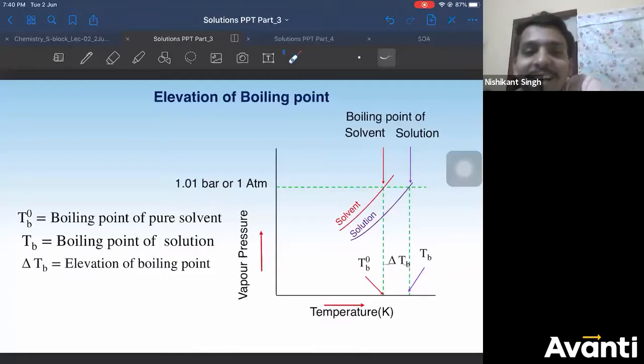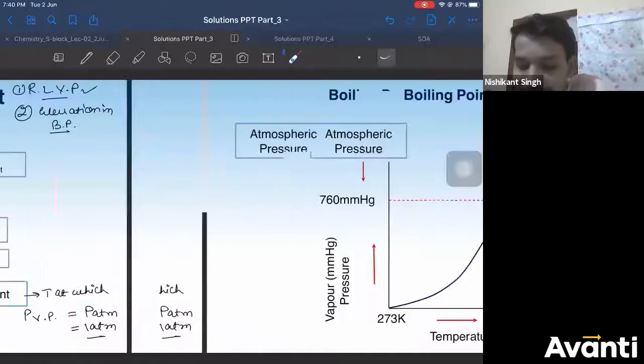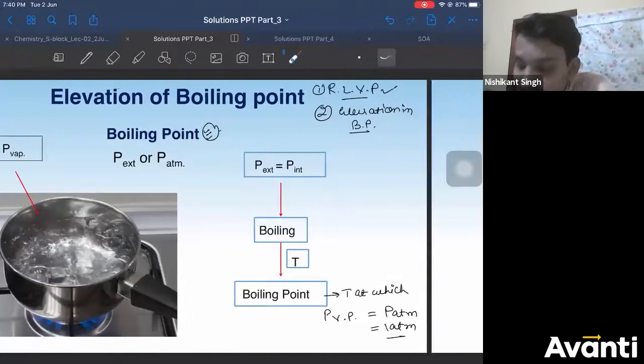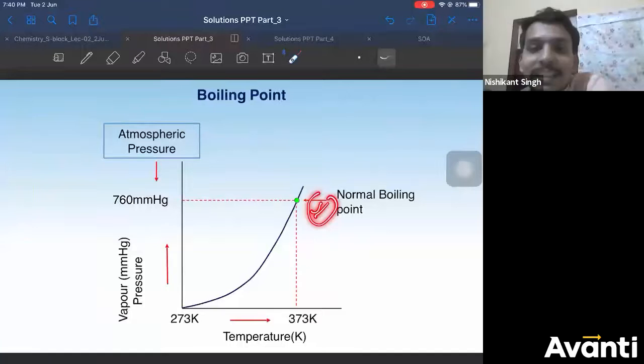Hurry, Anushri beta, what is this? I repeated it 2 times anyways. Then I repeated it for Sakshi. Then I explained it from the graph also. Then again you are asking the definition of boiling point. Can you please tell me what is your doubt in the definition of boiling point? Because I have repeated it 4 times. If I repeat it a 5th time, I want to know what is your doubt, because I'll say the same statement again and you'll not understand.